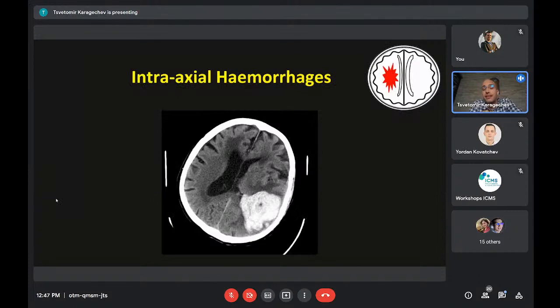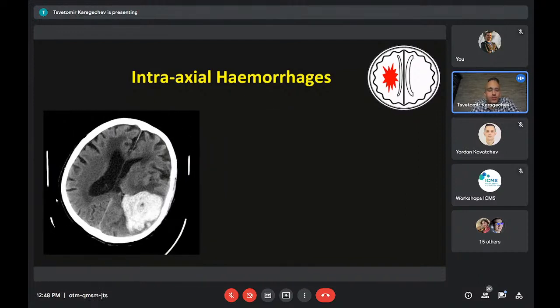So we will begin with intraaxial hemorrhages. So these are hematomas inside the brain tissue. And here is an image of a CT scan of a patient. Nobody gets a prize for spotting the hematoma. And what we'll do now is we will try to follow a basic approach when we see this. So the very first thing, as I said, location. Where is it? This is a lot important later when you get to answer why is it there. The size is important. The shape, is it irregular? Is it regular? I will show you examples later why this matters.